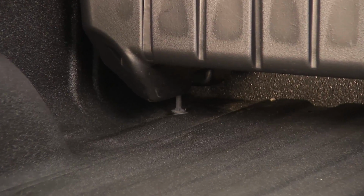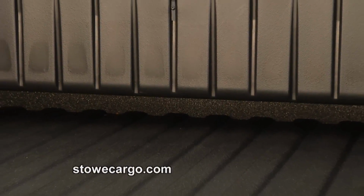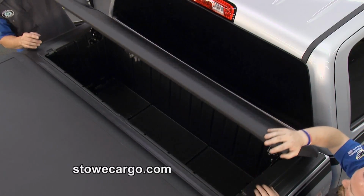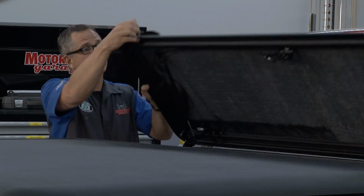Yeah, 400 pounds carrying capacity. You got these little feet in here. These little feet go down to the bed here, and they're adjustable. So when you put the weight in there, you're actually securing it on the bed of the truck and not on the composite box itself. Also, you know what you said, there's a sleek design. So if you put it down, the seal is a weather-tight seal, and they went through great lengths to make sure we're not dragging that, because that's an automotive seal. So when you open it, it's coming straight up, sealing to the...